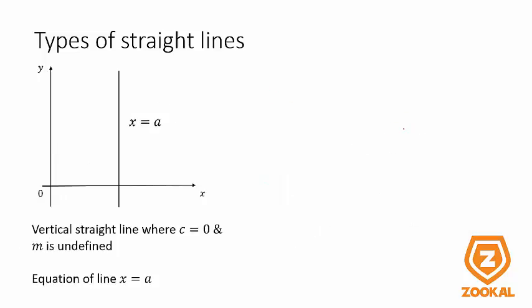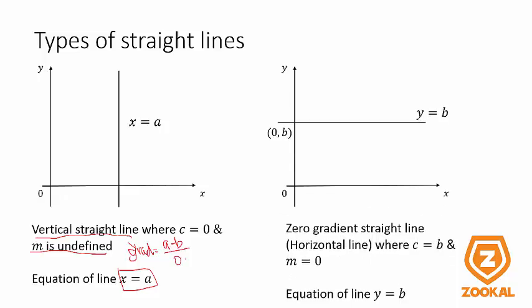Moving on, where m is undefined, the denominator is 0 while the numerator could be some number. The equation of the line is x equals a, because it's a vertical straight line. Whenever there's a vertical straight line, you must know that there's no c, and your gradient is undefined. The next one is a 0 gradient, where it is a horizontal line,